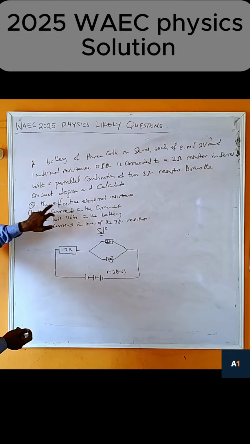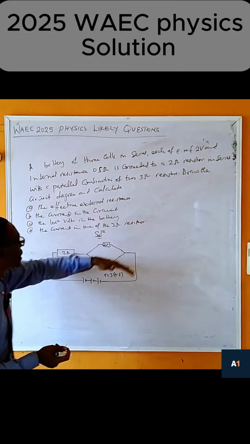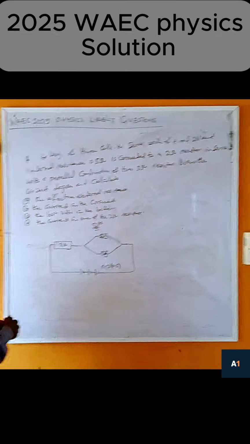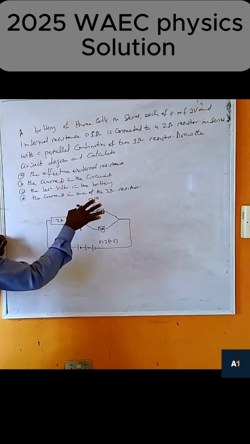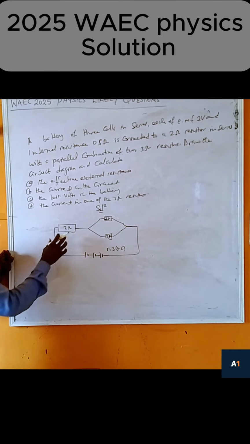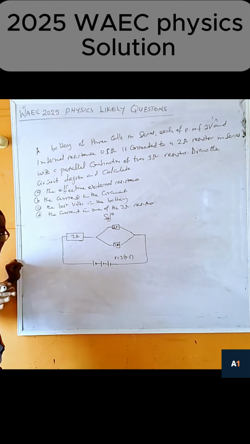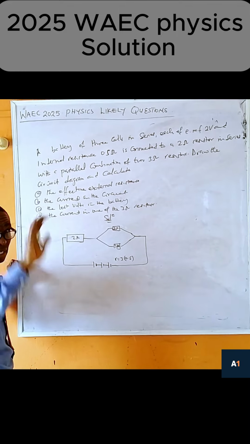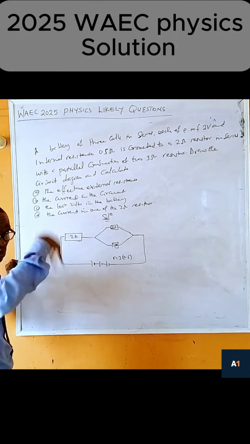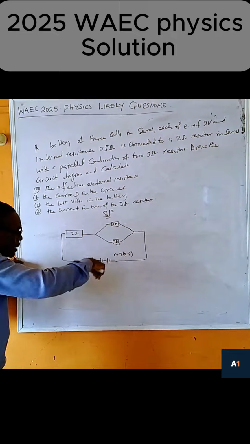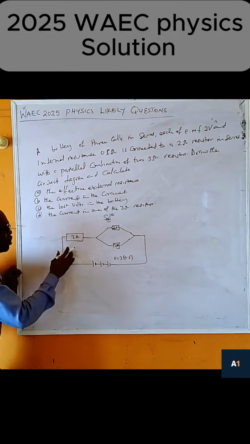Then they now say the effective external resistance. So how do you now do it? Is this. Then they now say the loss of what? Voltage. So now it will be equal to adding this and this together. They are not talking about internal resistance. They say external only, the one you connect externally. But this one is the internal resistance that the battery is made of. So now, how do we do this one?